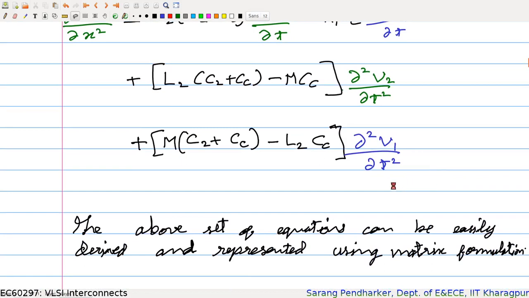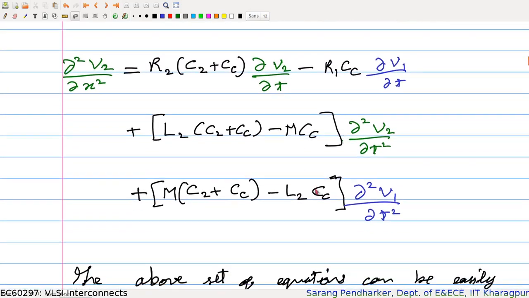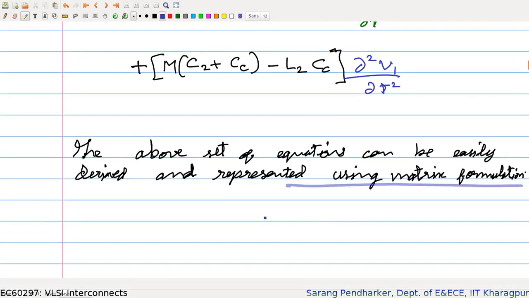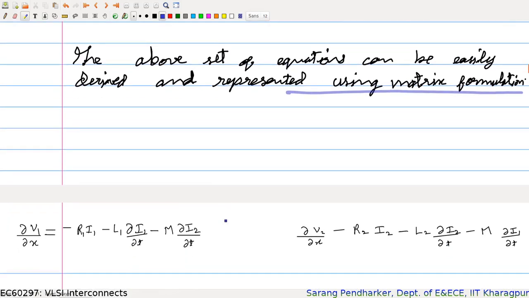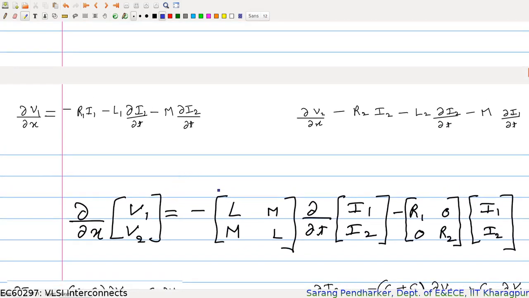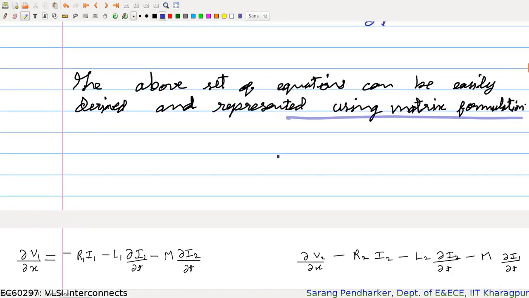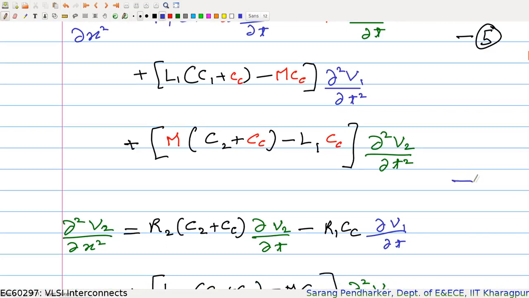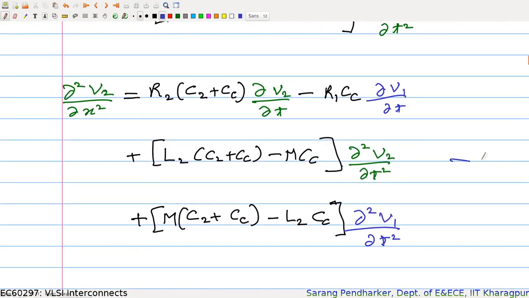However, if we recall our analysis, the matrix formulation which we studied in the last lecture, the handling of these equations becomes a lot easier. So what we will now do is apply the analysis which we derived in the previous lecture for matrix formulation, and use it to represent these equations. So let us look at how that turns out. Let me see what these equations are, 5, 6.